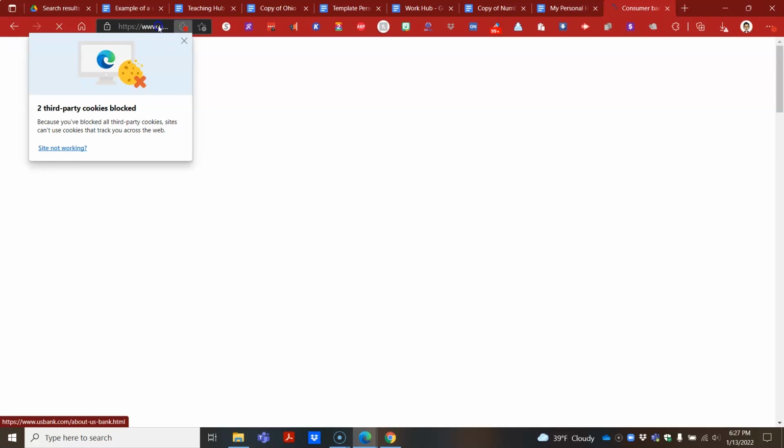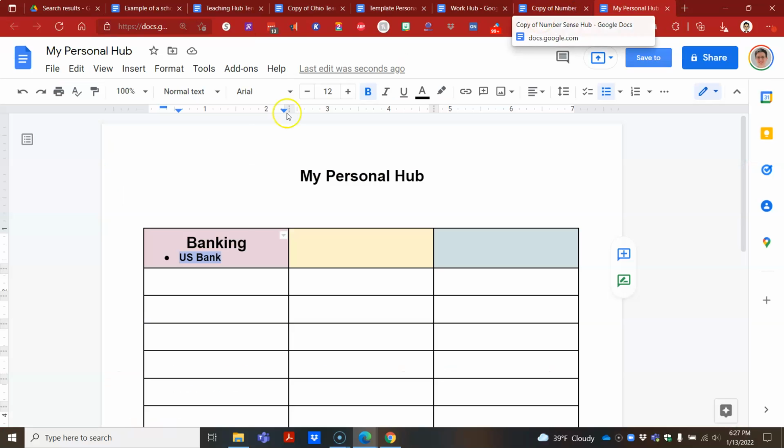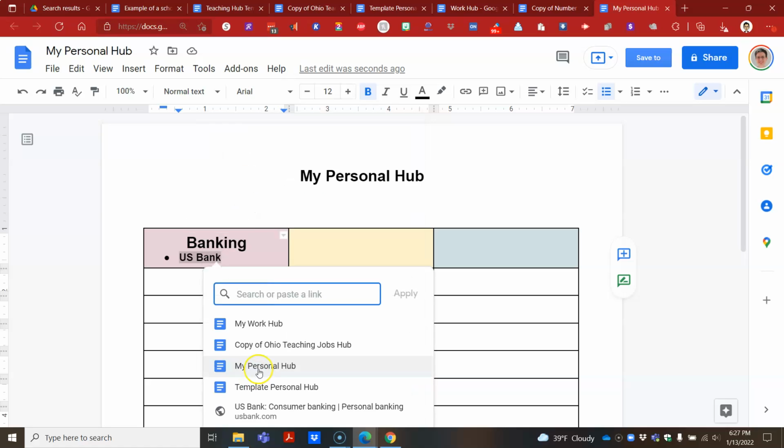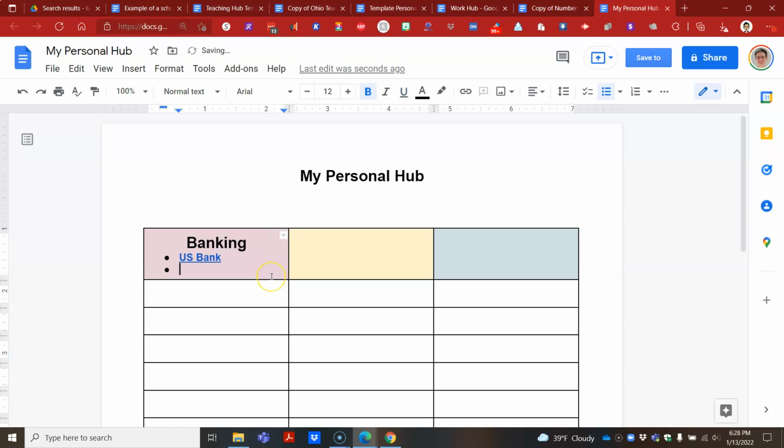There we go. And I'm going to copy the link. So I copy the whole thing, the web address, and go back to my personal page. I have highlighted it right here, US Bank. Right click it, I click link, and then I'm just going to paste it in. There we go. And then I can keep adding